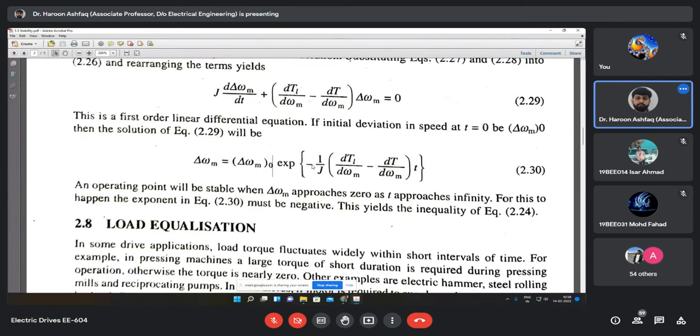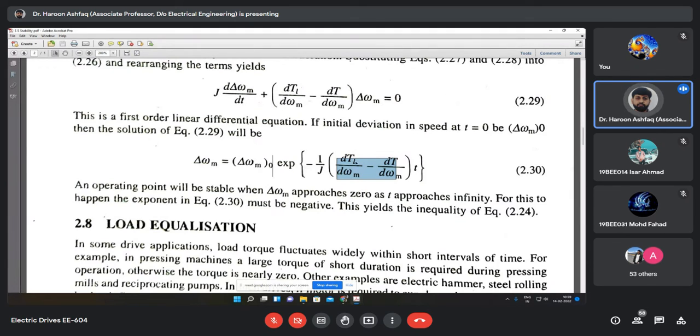And the speed or delta omega won't be zero as t increases. So that is why this dTL upon d omega minus dT upon d omega should always be positive. That means that dTL upon d omega should always be greater than this one to make this term always positive. अगर ये हमेशा पॉजिटिव रहेगा तभी ये एक्सपोनेंट नेगेटिव रहेगा हमेशा, वरना अगर ये टर्म नेगेटिव हो जाएगा